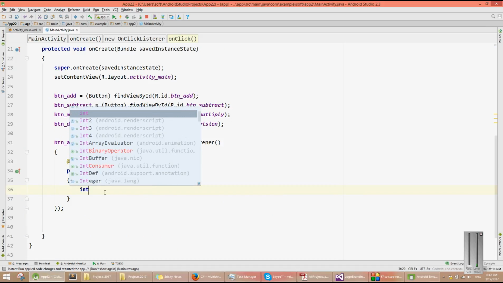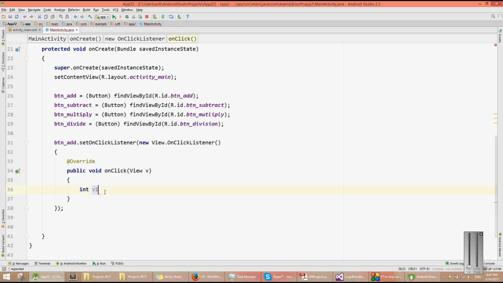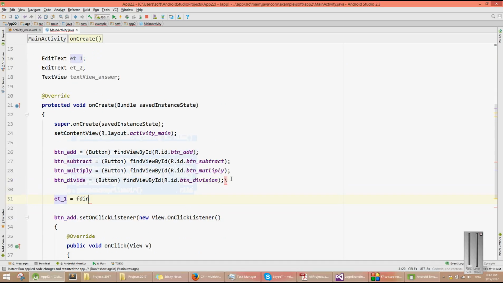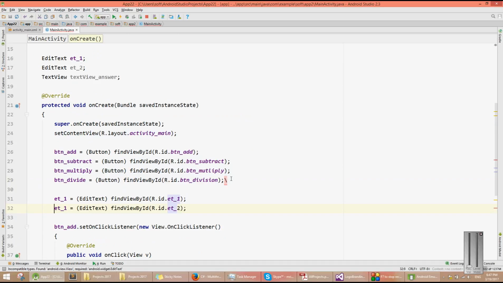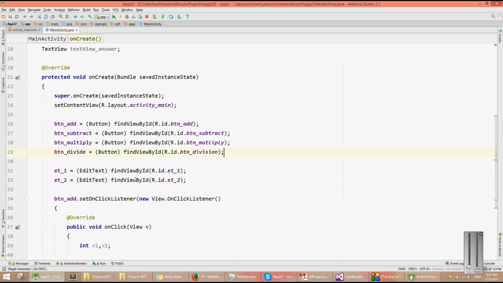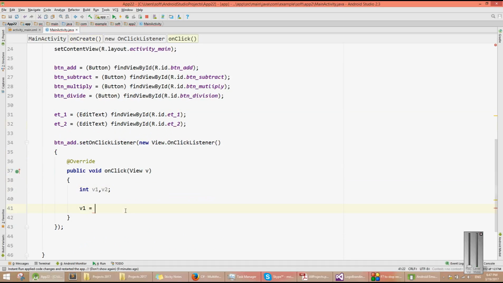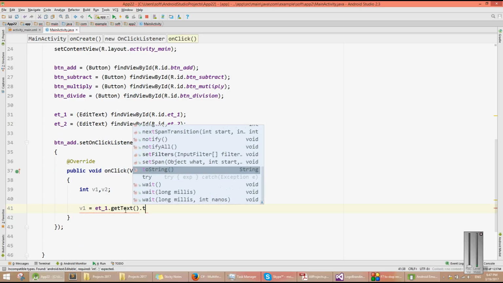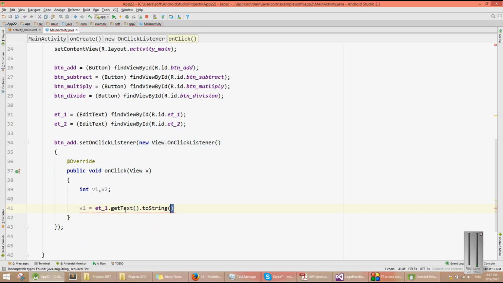So for that I am using two variables, int v1 and v2. This will be needed here: et1 is equal to find view by id R dot id dot et1, and et2. The links that we created here are essential to perform our calculation. v1 is equal to et1 dot get text to string. So we will get the text from et1 and convert it into a string,